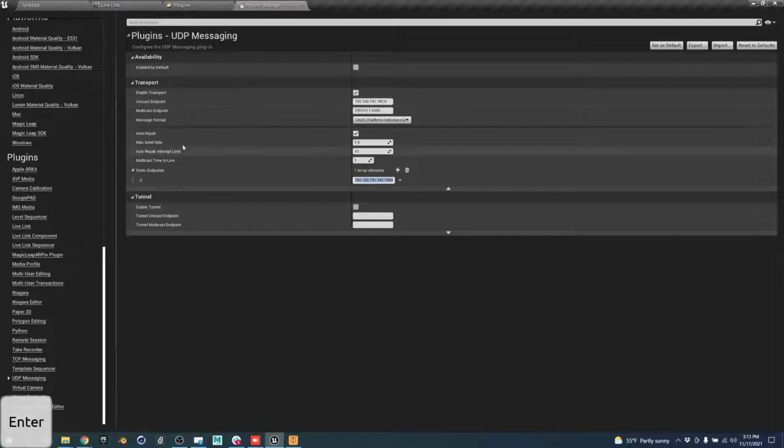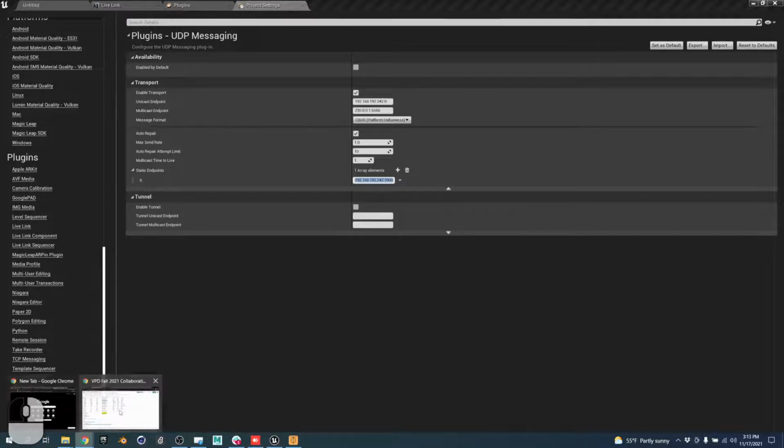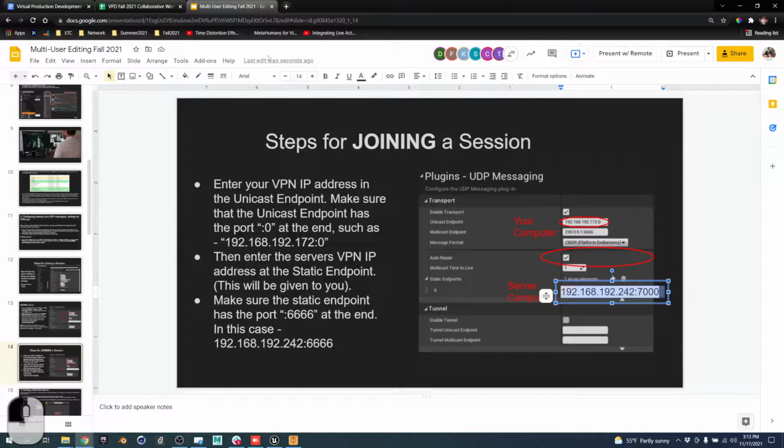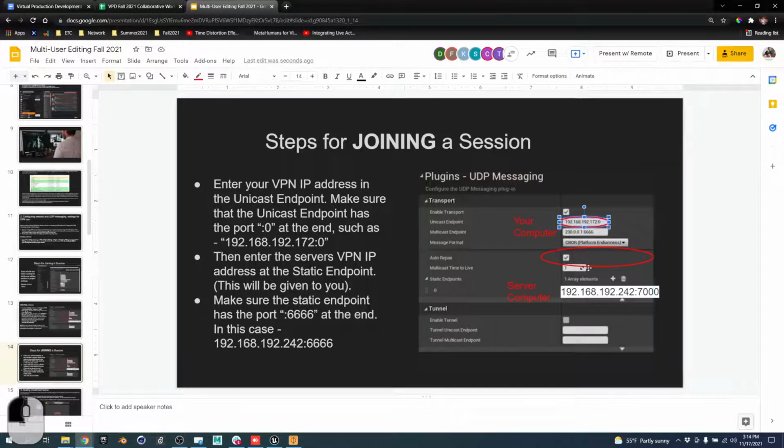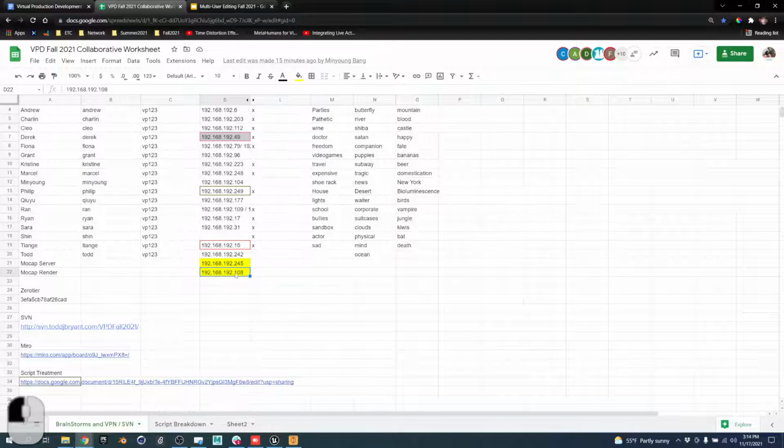All right. So going back to the presentation. So you just have to put in these two things: your computer, which will be 192.168.192. Whatever yours is, :0, and then the server computer, which will be :7,000. And I already put that in Slack. You can copy and paste it. It's also this renderer